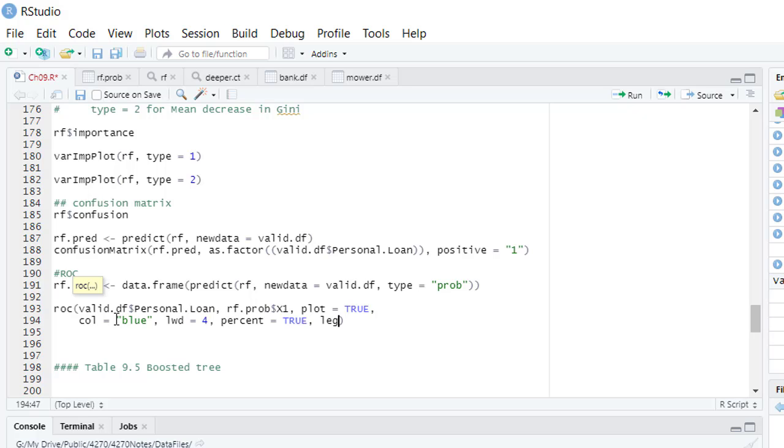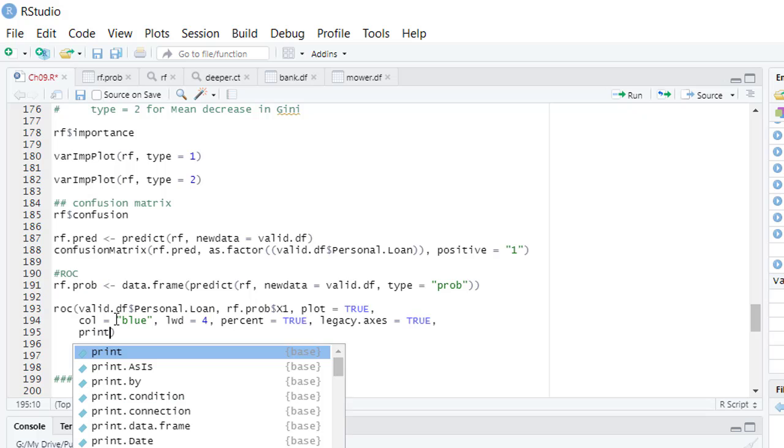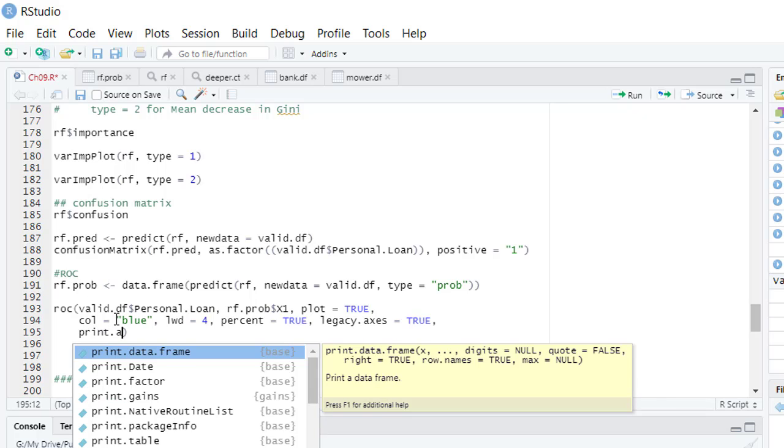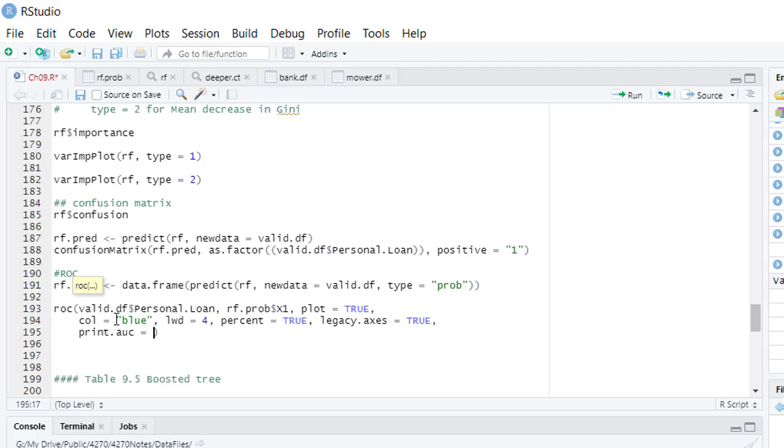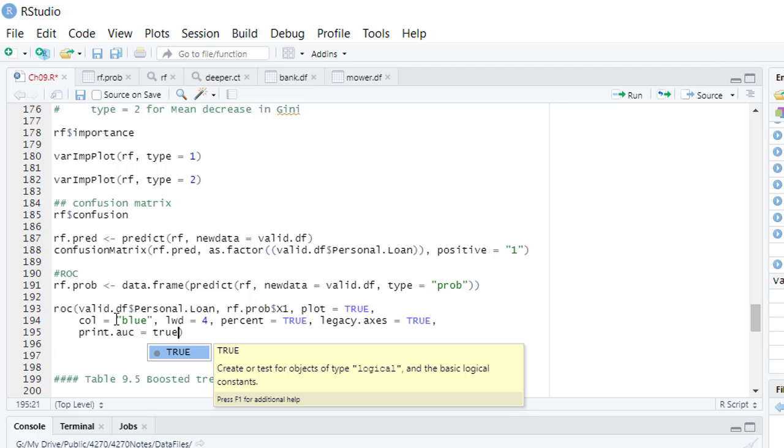And we can say legacy axis equal to true, so the x-axis will be 1 minus specificity instead of just specificity. And then we will do print.auc equal to true,